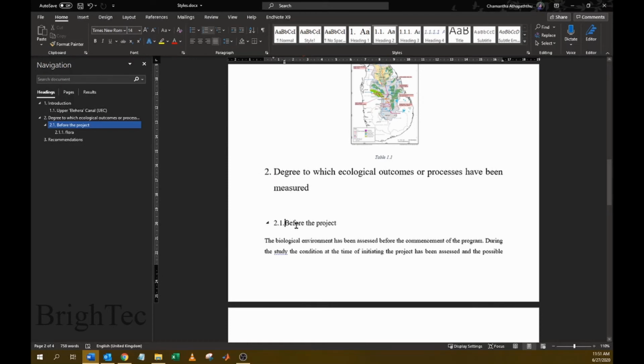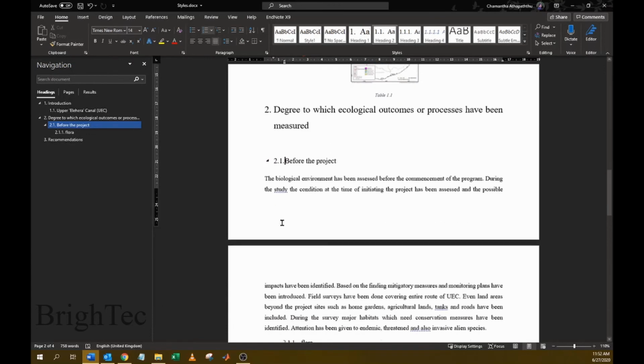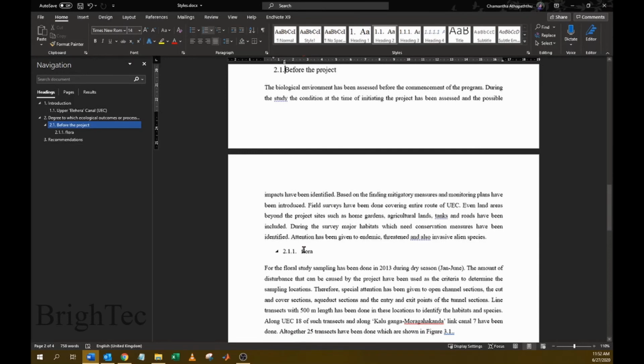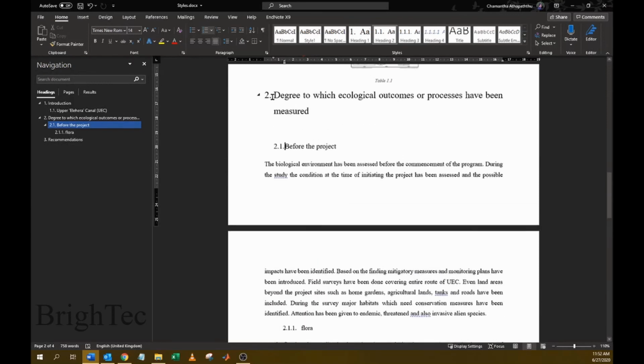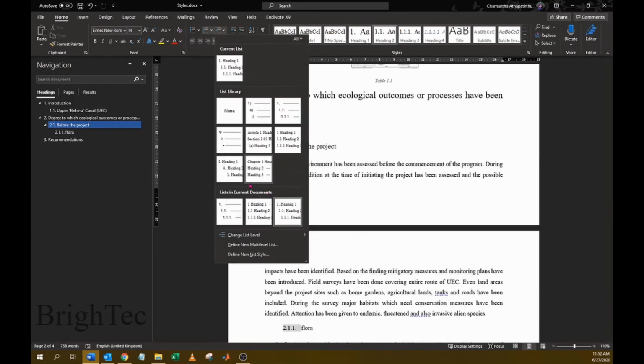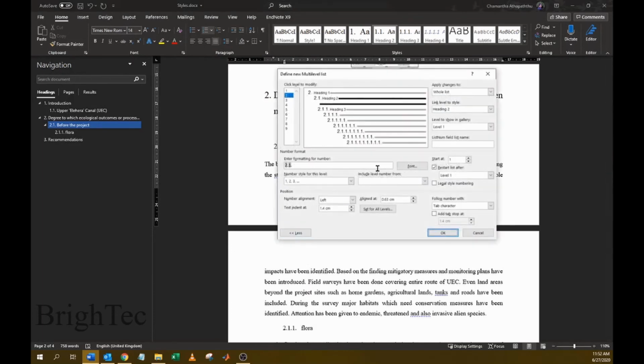Now if you check heading 2, you can see it has not aligned to the margin. However, heading 1 starts at the margin, and heading 2 has moved to the right. And if you see heading 3, it has further moved to the right. So we can also change this formatting under defining the multi-level system.